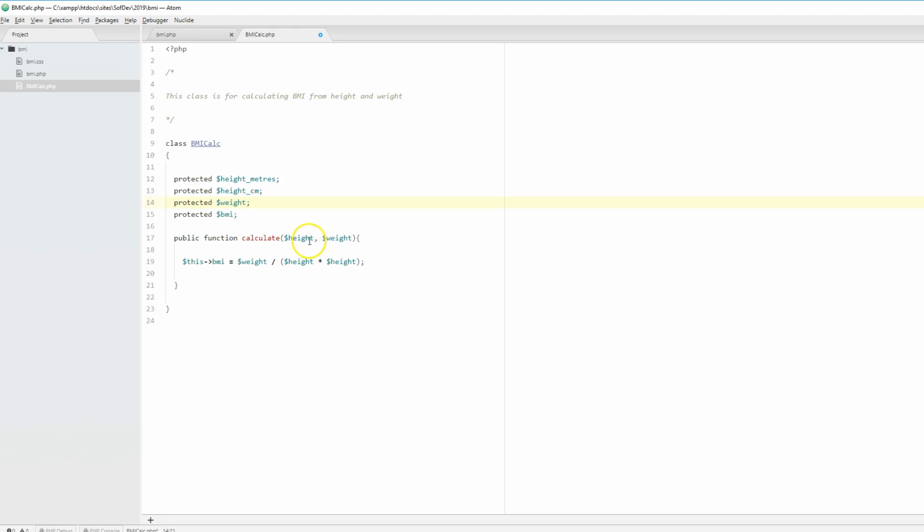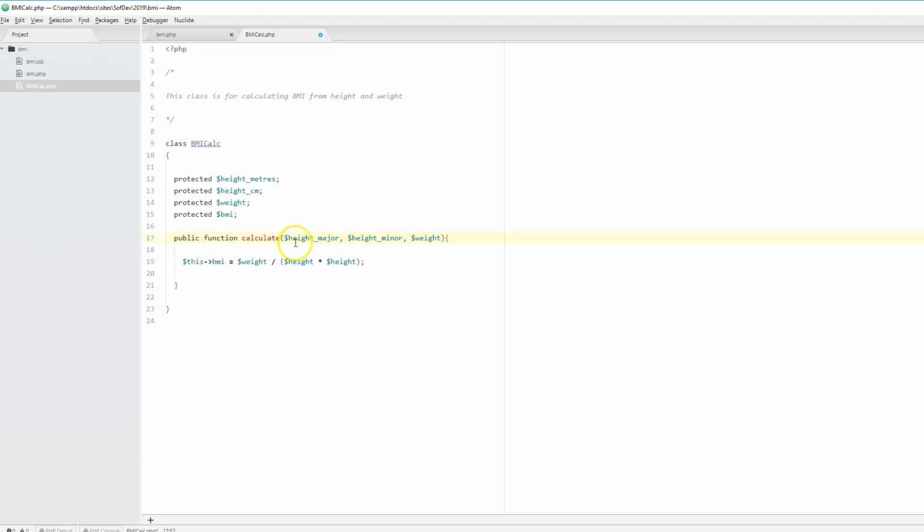And inside my calculate function, I want to pass in the meters part